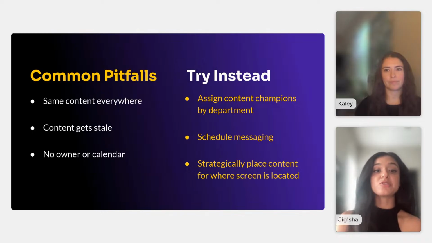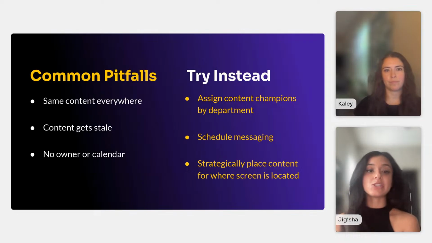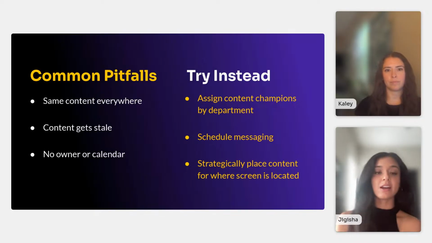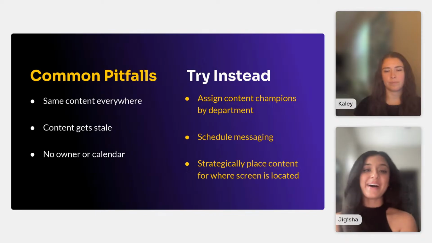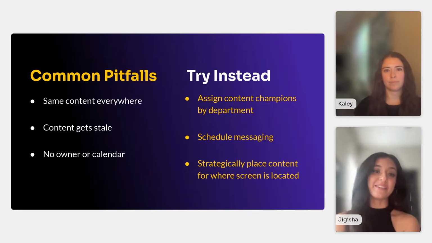And lastly, if there's no owner or calendar for the information, that can really throw off your content as well. So if there's a lot of cooks in the kitchen, you have a lot of people owning what's going on there onto the screens at once, that can really throw it off, because maybe a lot of the times what happens is someone thinks, oh, they're taking care of it, and then it doesn't get taken care of. And also a calendar, another point we've talked about. So really scheduling your content, setting those expiration dates in your studio account to ensure that the content, once it's no longer available or no longer relevant, it's taken off the screen.